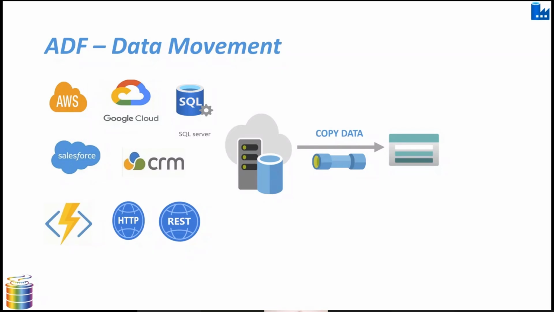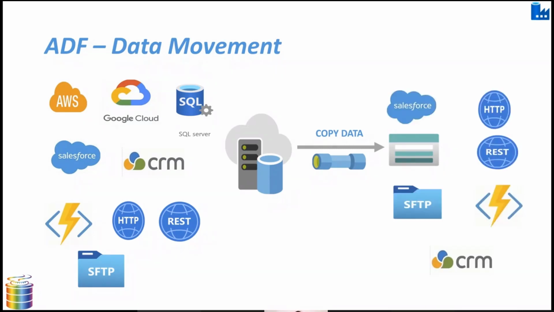You can move data from a custom activity or a serverless activity, or other activities like Azure Function, an HTTP call, or REST API data, into another data source. And you can even move SFTP as well. You can move your data from an SFTP location to another data source using Azure Data Factory. You can use the copy activity or the copy data tool, and they will help you to move your data from various data sources.